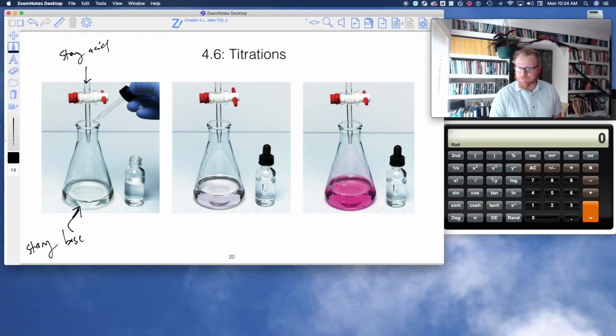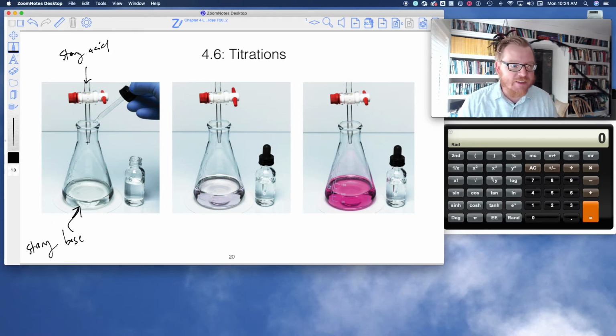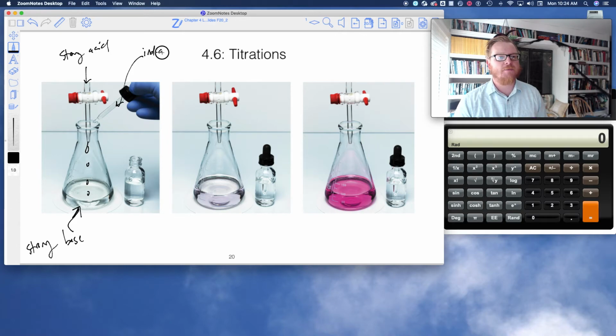And titrating is this process of slowly letting this acid drip into the base solution. And then this medicine dropper right here, that is my indicator, okay? And we usually only have to put a teeny tiny amount of indicator. And if that indicator were